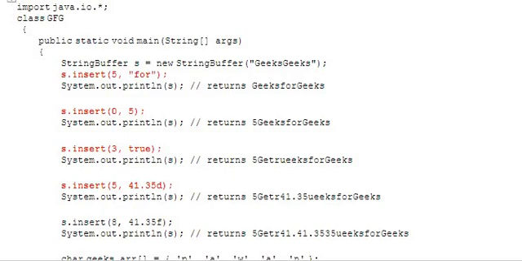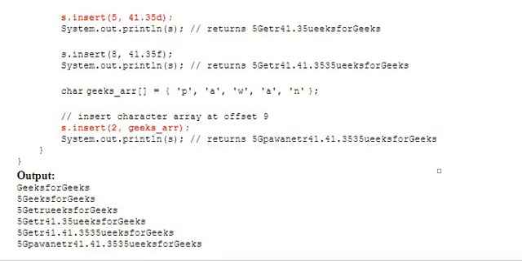So in this example we have insert, various sorts of insert we have. Insert(5, "FOR"), insert(0, 5), insert(3, true), and insert(5, 41.35D).